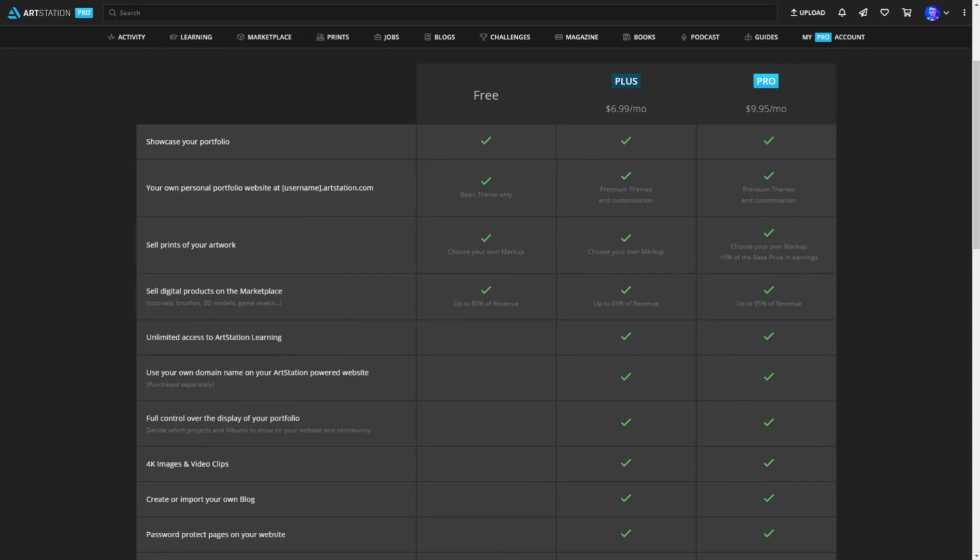I think it's something around $100 a year, but it may be more or less than this, depending, so just double check for yourself. Looking it up now, it seems there is also an alternative called ArtStation Plus, which is cheaper, gives you access to customization for the portfolio websites and the ability to write blogs as well.